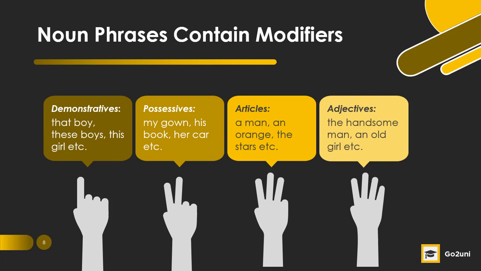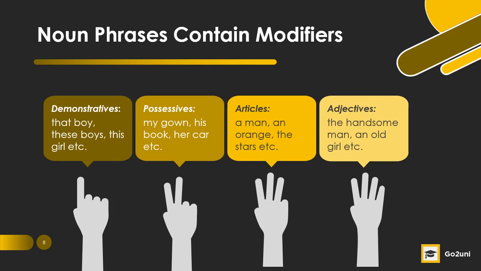Some of them cannot be used together. For instance, you can use an article and an adjective to qualify a noun, but you can't use a demonstrative and a possessive modifier to describe a noun at the same time. For instance, you can't say "that my gown." Is not grammatically